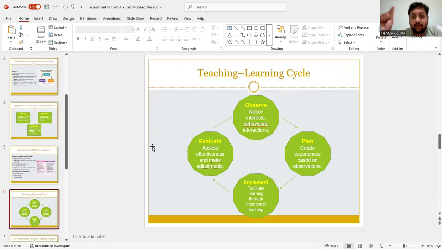Our observation leads to planning learning activities that let children develop their ideas through advanced concepts and tasks. After we design activities and implement them in class, we respond to children's reactions to the planned learning experience. We examine all of the actions. Did the children show interest or not? That is the main point. Did they develop new skills? That is the main point.